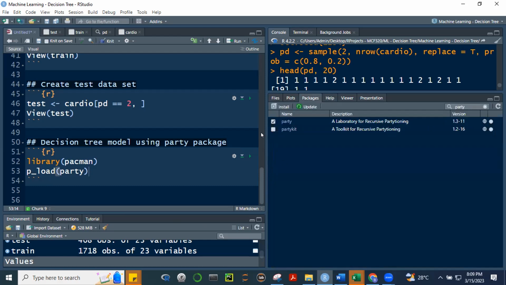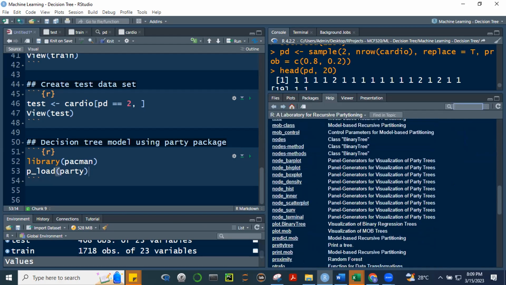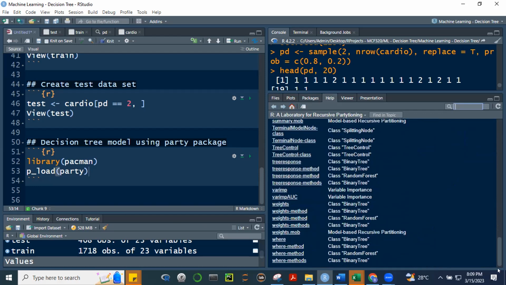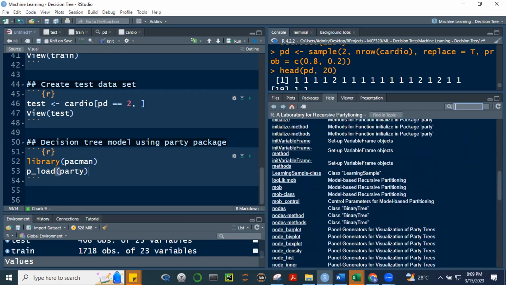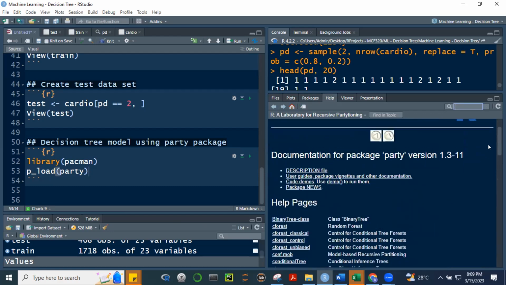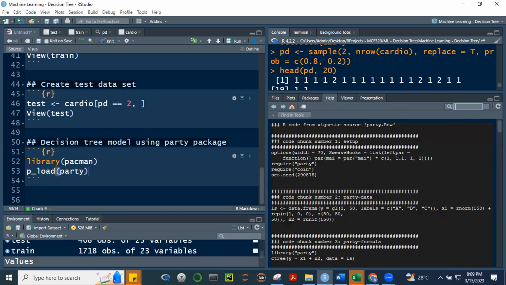So if I go back here, tapos party ulit, then we can take a look at the different functions, no? Ito yung mga functions niya. Okay? So I leave you guys to look at the documentation. User guides, for example. Sige, click lang natin tong user guide. Okay, ito, for example, itong party, a laboratory for recursive. So may PDF, may source, kaya natin tong R code, for example. Alright, so yan, merong may sample,